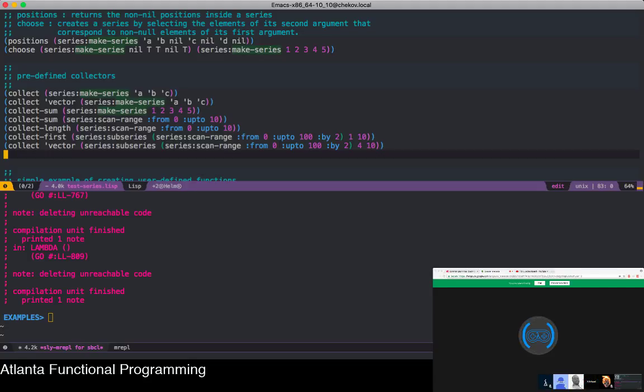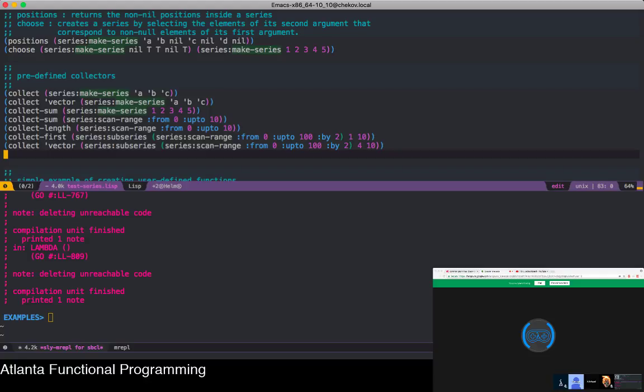Collectors. Collectors are basically a set of accumulators. They will be able to do some statistics on your series. These are some of the predefined collectors. Again, I'm not going through all the collection or the transduction APIs that are currently available to you. It's fairly extensive. But the most commonly used ones that I've seen in examples and that you will see